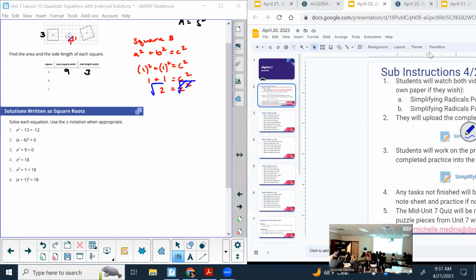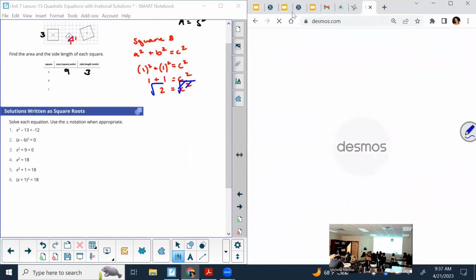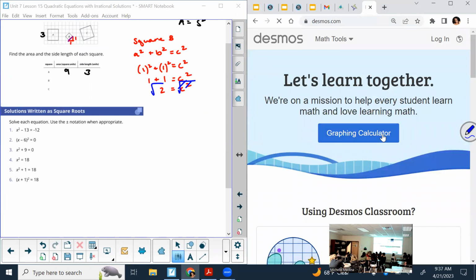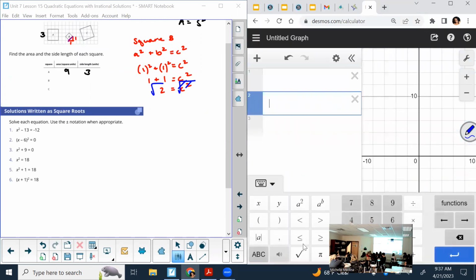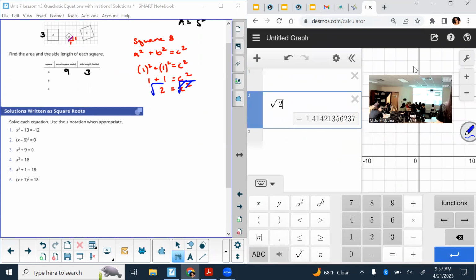All right, I've not gotten a response. So here's how you can tell if something's a perfect square, and it was covered in the video yesterday too. You could find it on the little keypad, the square root symbol looks like that. Type in the number. And I know it's not a perfect square because it gives me this really long decimal. And when we're doing these problems, I don't want to round the decimal. So I'm going to leave it in what we call its radical form. Okay, so that symbol, that square root symbol, is really actually called a radical symbol.